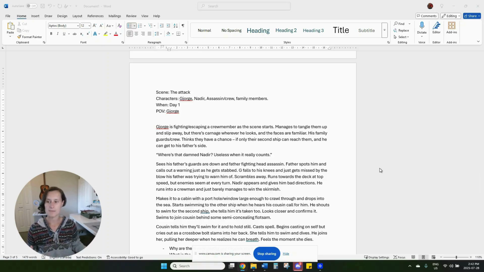George is fighting or escaping a crew member as the scene starts. He manages to tangle them up and slip away, but there's carnage wherever he looks, and the faces are familiar. His families, guards, and crew are dead around him. He thinks they still have a chance if only their second ship can reach them and he can get to